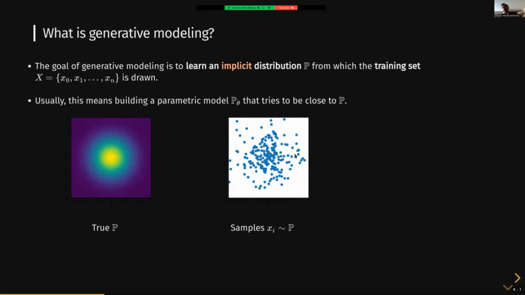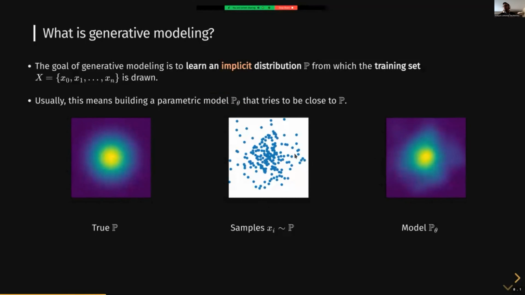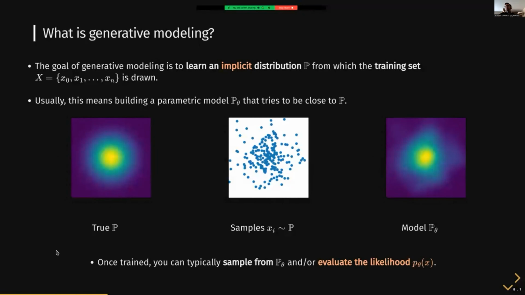And then the goal of generative modeling in general is to try to build a parametric model, P theta, that just based on this sample tries to estimate the underlying distribution that those samples were sampled from, okay? And the nice thing that happens when you are able to do something like this is that you end up with this model distribution that gives you an actual way to compute the probability of a new data point, let's say, under the distribution that you've learned. And we'll see how interesting that is.